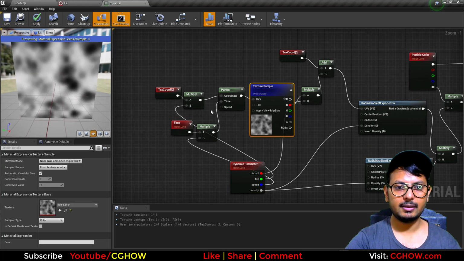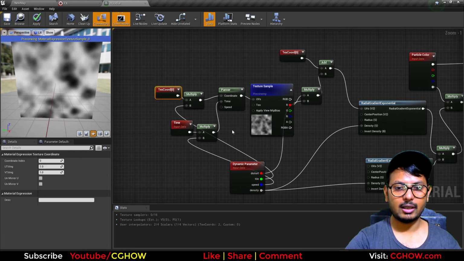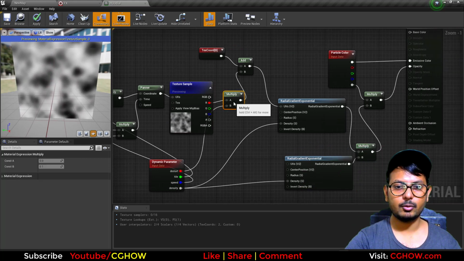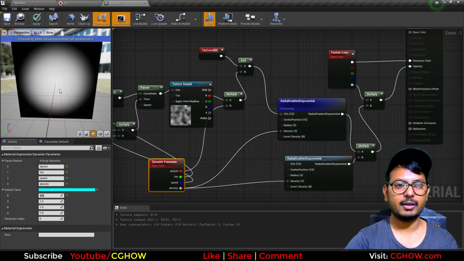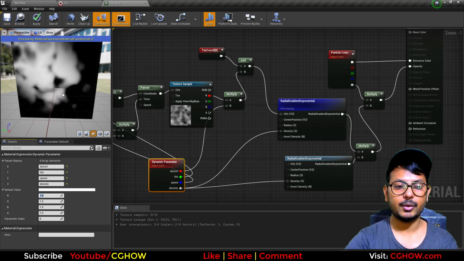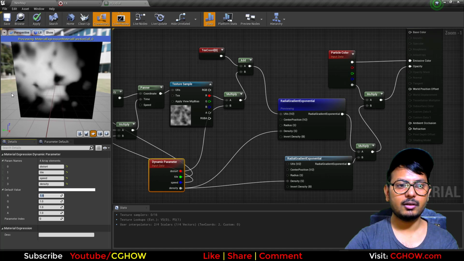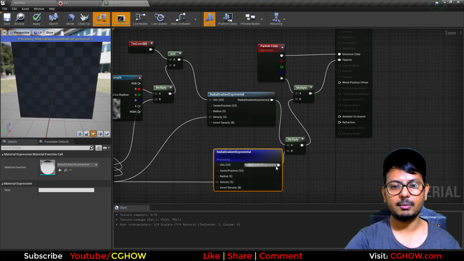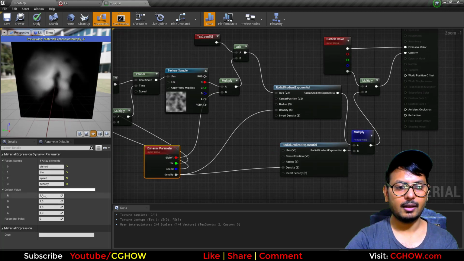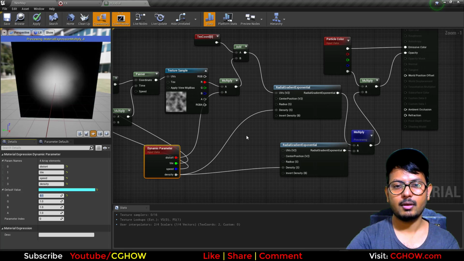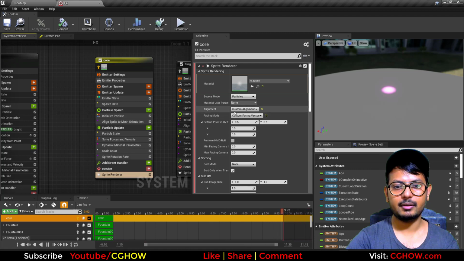noise texture is panning, so I have a control of speed. This noise texture has tiling, so I have a control of tiling, and then it's going to distort the UVs of this, and I have a parameter. So if I make it 0, it is just a radial ramp. If I make it 1, distorting completely. And because when you distort it completely, it will cut from the edge, so I again multiply it with the radial, so it will always be a radial. Okay, and I don't need this much distortion, so I use this material here,